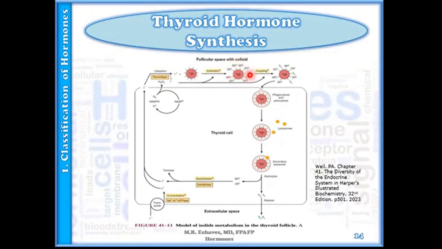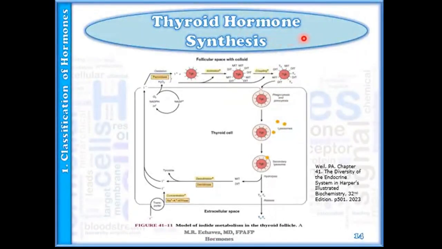After this, you have another step, which is your coupling or your conjugation, wherein two nearby tyrosine residues can combine. So you end up with a T3 or a T4. T3 if there is coupling between a monoiodo and a diiodotyrosine, and for your T4 precursor, if you have two diiodotyrosines.